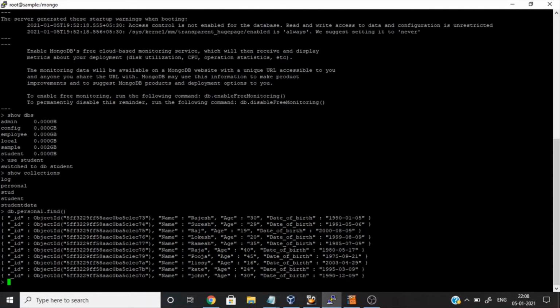For that we can use the GT operator. I'm going to select personal dot find. I'm going to filter on age, so I give the filter age, and the value is greater than or equal to 20.